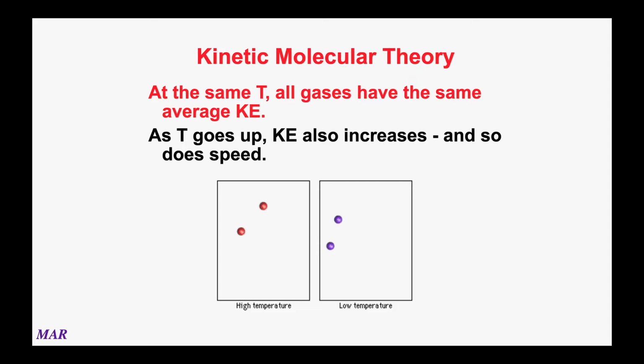At the same temperature, all gases have the same average kinetic energy. All right, that's that 3/2 kT thing. But as temperature goes up, the kinetic energy goes up as well, and that means the speed will change. In 1/2 mv squared, the mass part doesn't change, but the speed will. So that's why at the high temperatures those gases were going crazy. At the low temperature, it was much more mellow. Speed was higher on the left, speed was lower on the right.